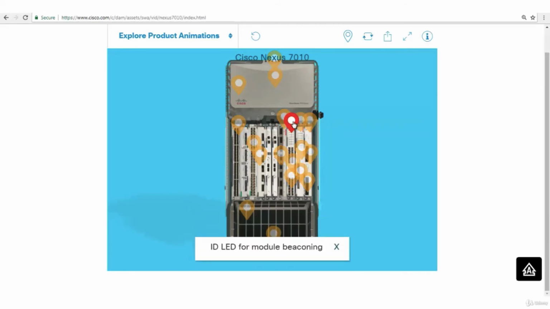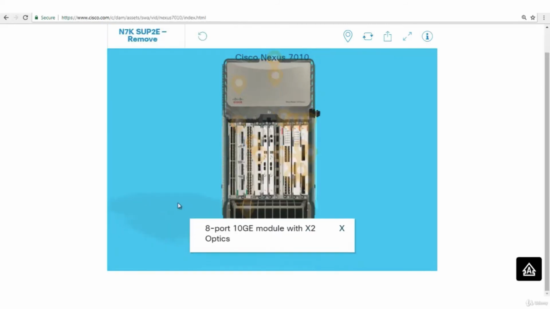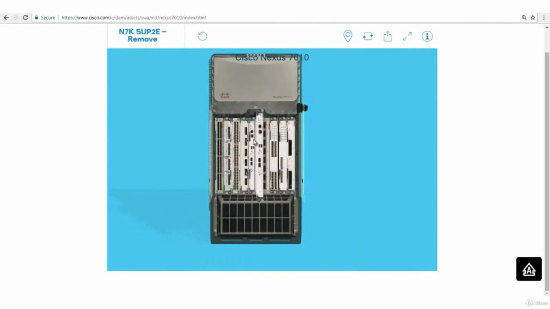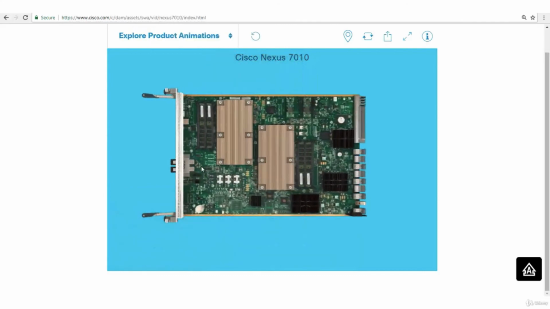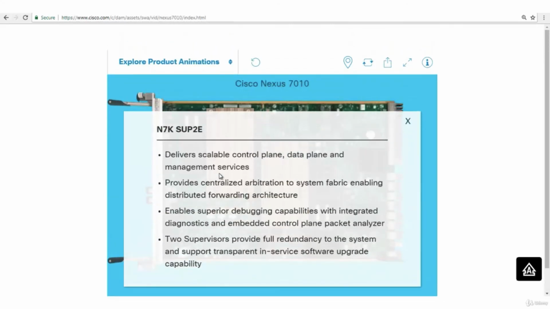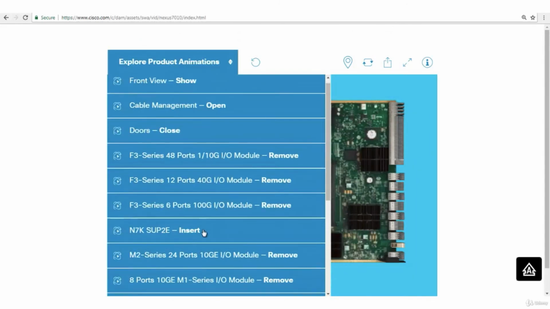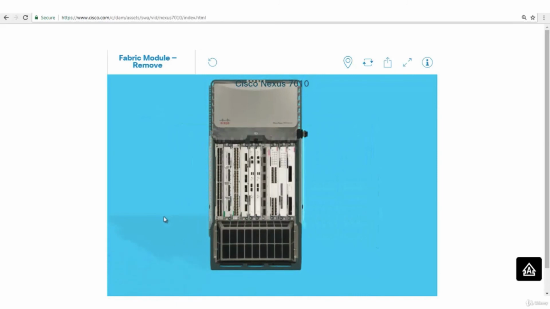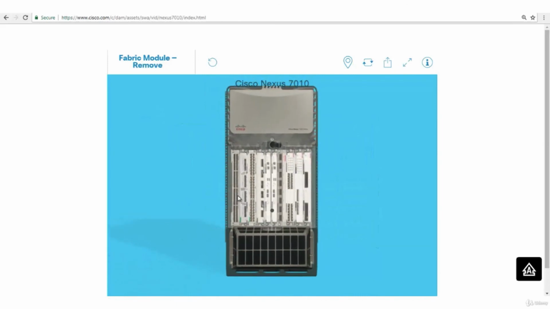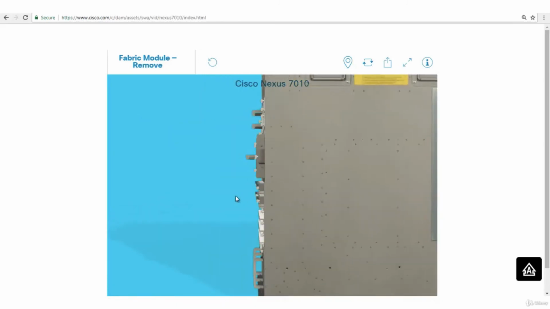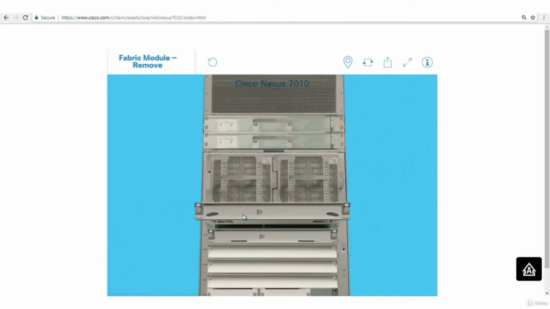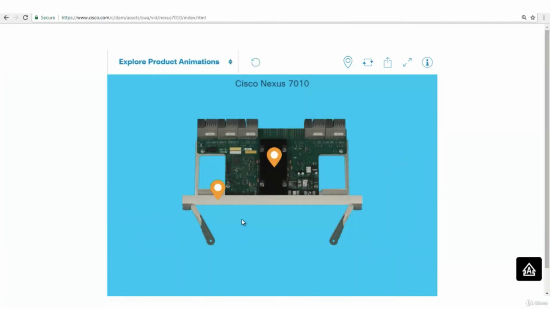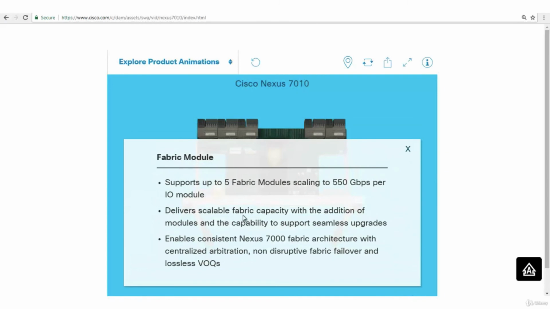Just click here. And if you want to remove the supervisor engine, see, this is the supervisor engine. You can zoom in. Sup2E. If you want to know about the fabric modules, this is a fabric module. It will be at the back, I think, for this particular chassis. Just wait. See, fabric module, because this will act as an interconnect.